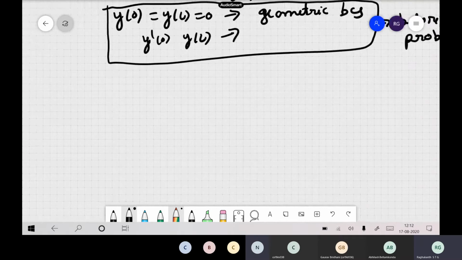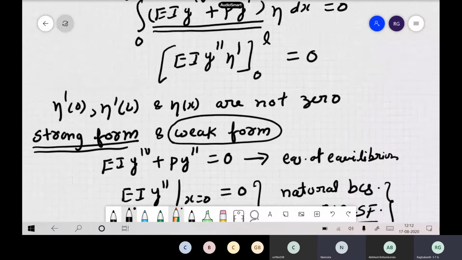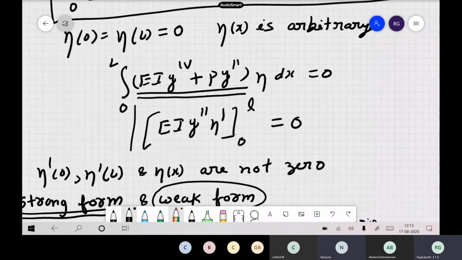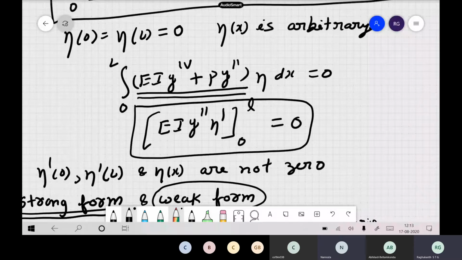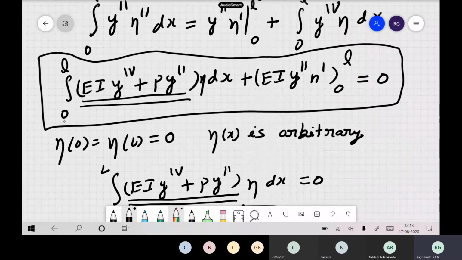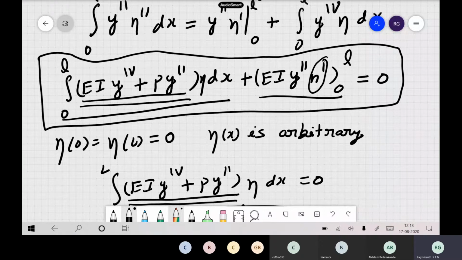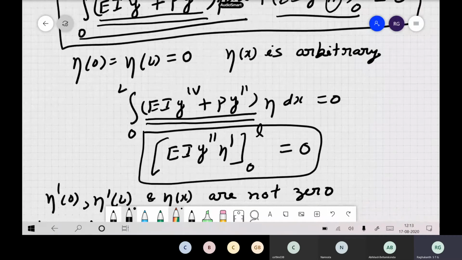Sir, how did you get the boundary conditions from this equation of equilibrium? This one. Okay. See, the integral you have seen, right? Here there are two things. One is this expression, which also has to be 0. So this gives you the equation of equilibrium, and this gives you the boundary conditions. And since eta dash is arbitrary, this has to be satisfied. So the boundary condition also came from calculus of variations, and the equation of equilibrium also came from calculus of variations. So that is the advantage of calculus of variations.